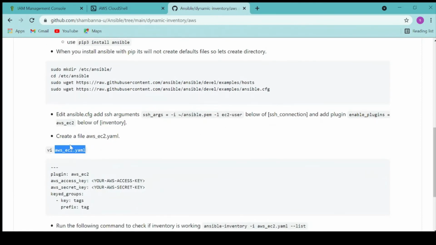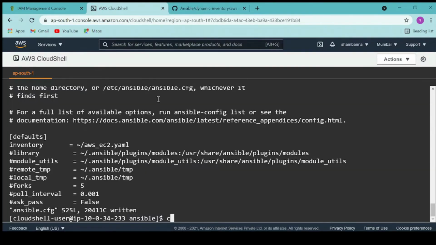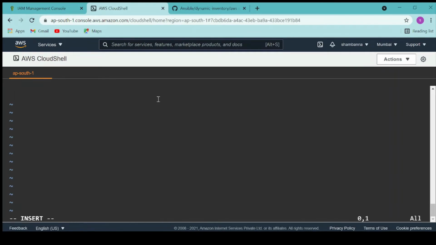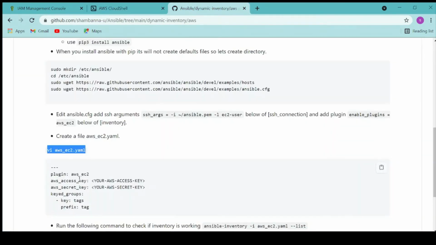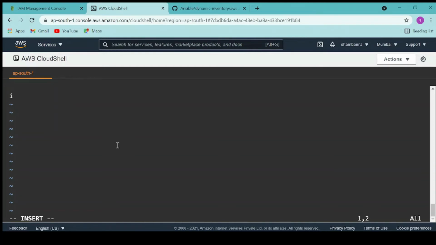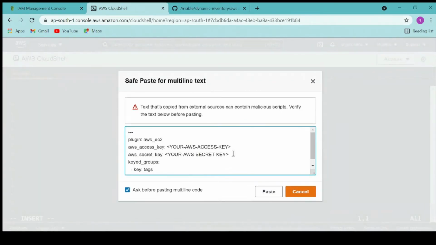Now I've added these two things and created. Let's create a YAML file. Go to the home directory and create a YAML file, go to insert mode, and copy this content, insert, paste. Yeah, so here we have to replace this key here.